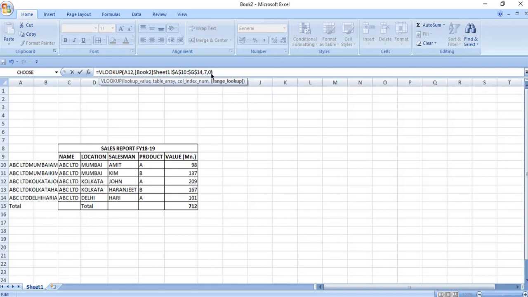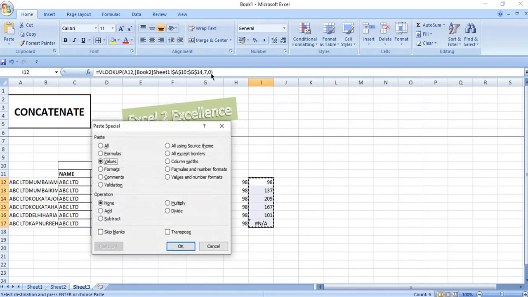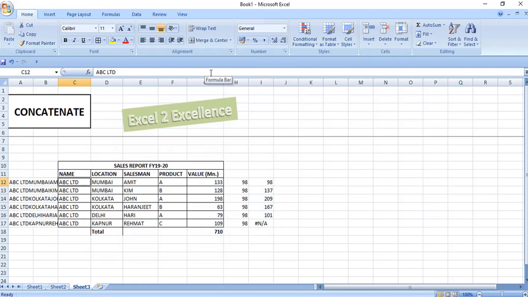Close this parenthesis and drag this formula throughout the column. Now see, this time the output is accurate. So you freeze this value, copy special and have the comparative output.